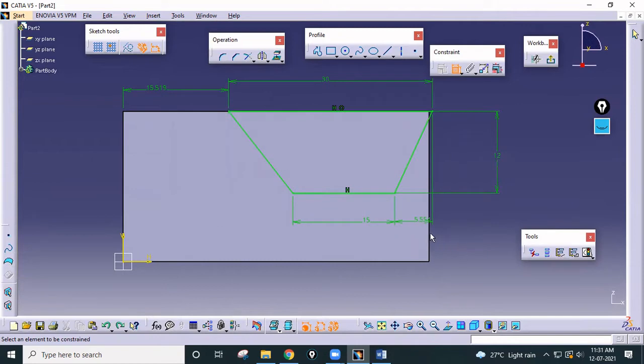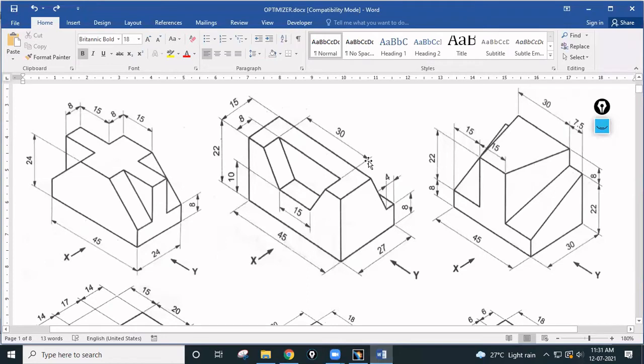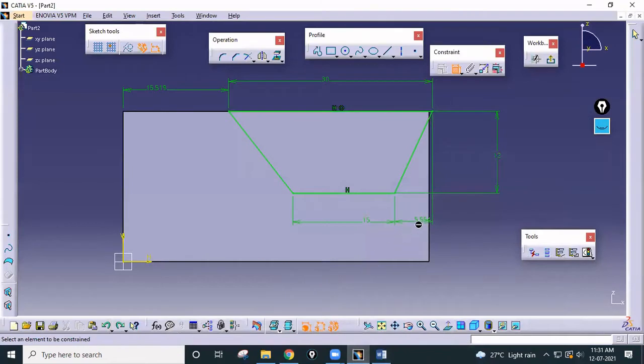Just 1 minute, we missed one dimension. So total 30 means 7.5 from here, 7.5 from here, and here 15, 15, and 15. So yes, this will be 7.5, and 7.5, 7.5, and this one is 30.